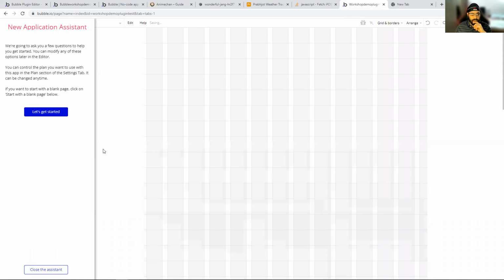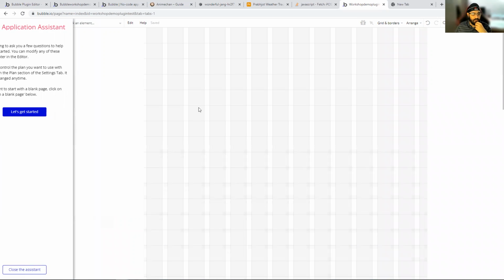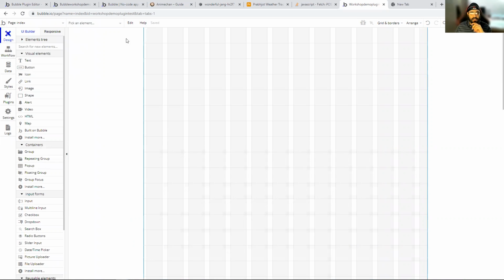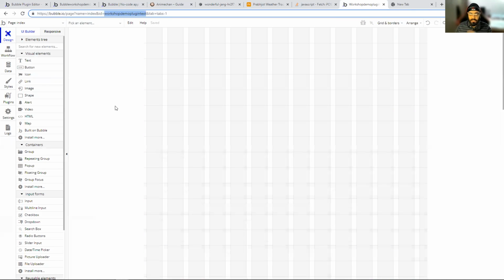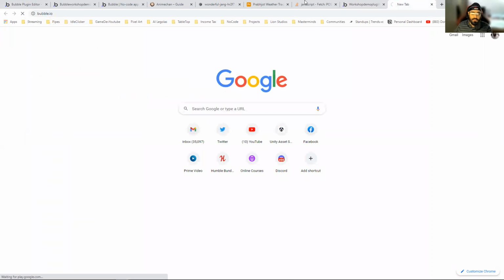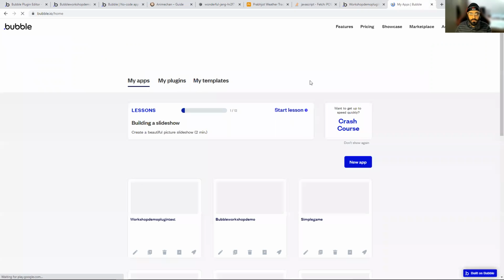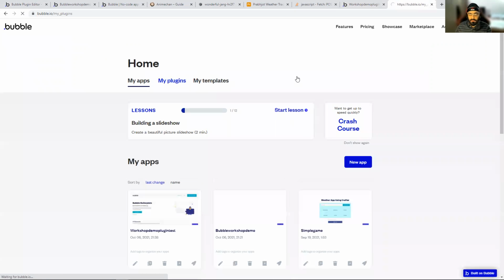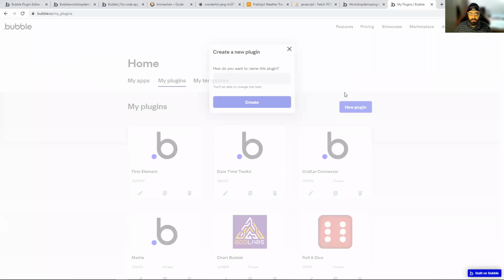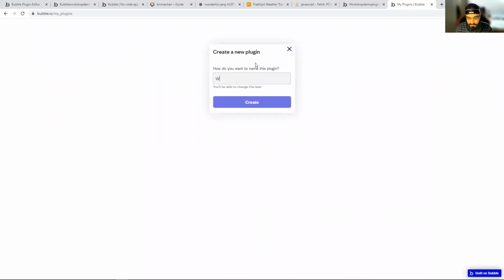Awesome. So we'll start with a blank page. Close this. Awesome. So we have our workspace. The one thing which is super important here while testing and creating plugins is you need the name of your Bubble app. So in your URL, you go to this ID and you just copy it. Now I'll go back to bubble.io. Okay. So now I'll go to my plugins and I'll create a new plugin. So we'll call this. Oops,